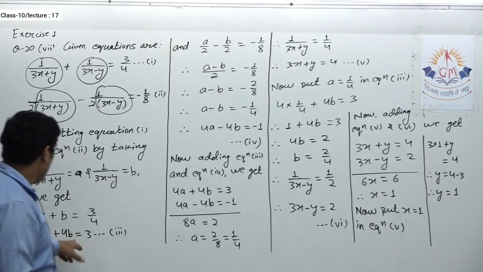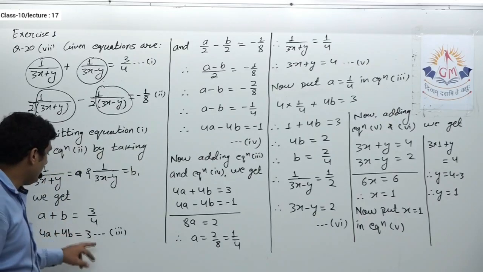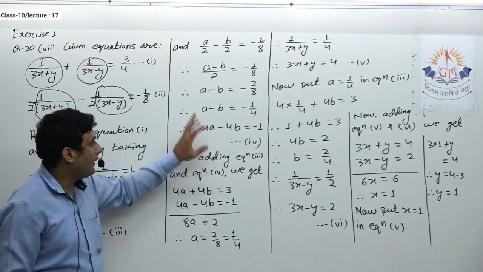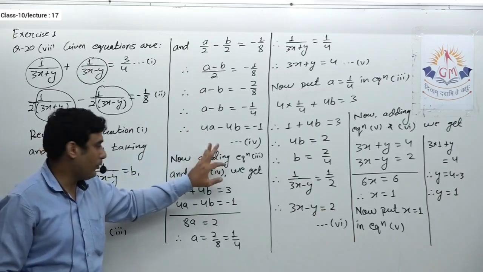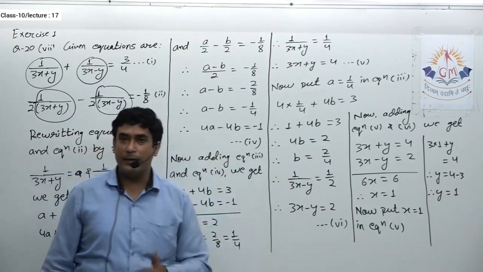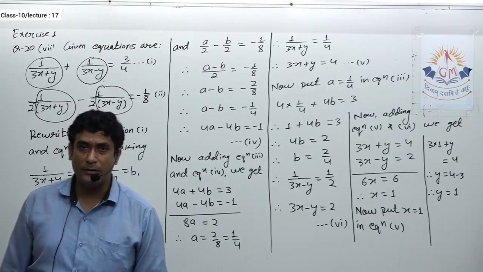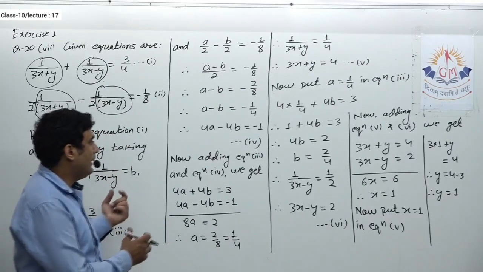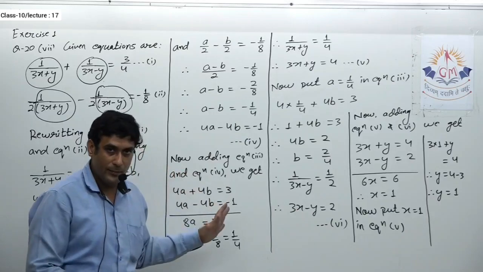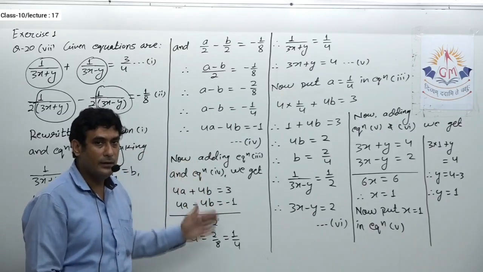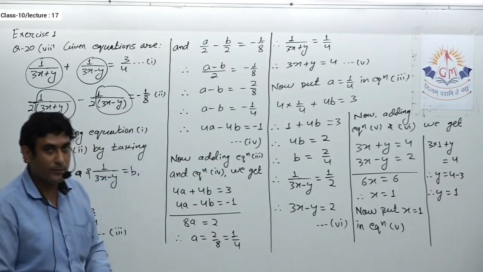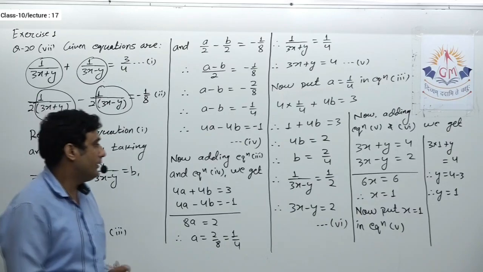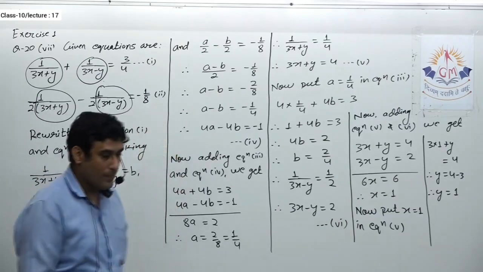Okay, after doing so, we'll get the pair of linear equations in two variables. We have to simplify them as much as possible, and then we have to apply either the substitution method or elimination method or cross multiplication method. From my side, I'll suggest that you go for the elimination method because that takes the least time and least confusion, but still it depends on you which method you are going to use.